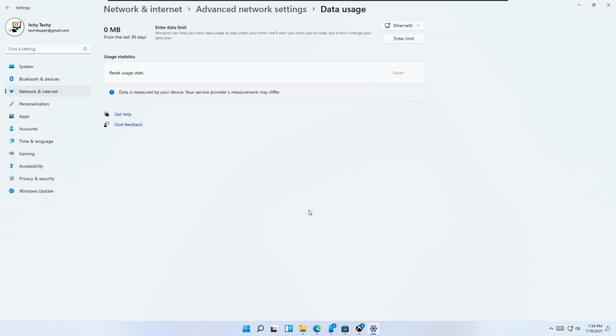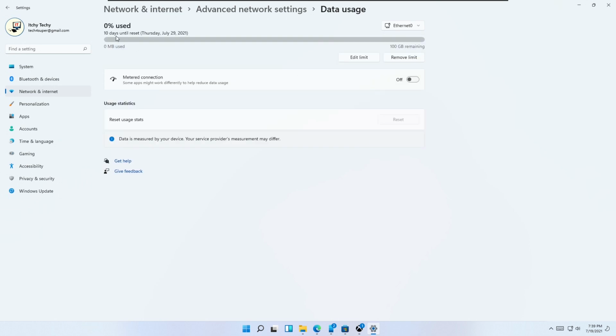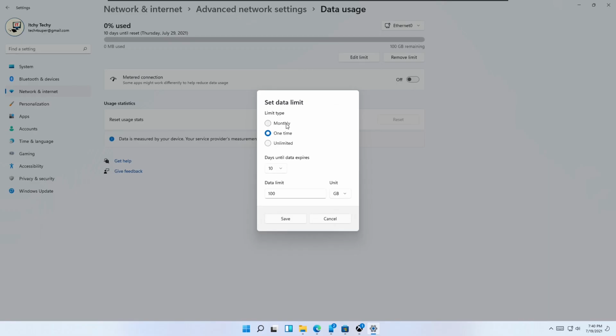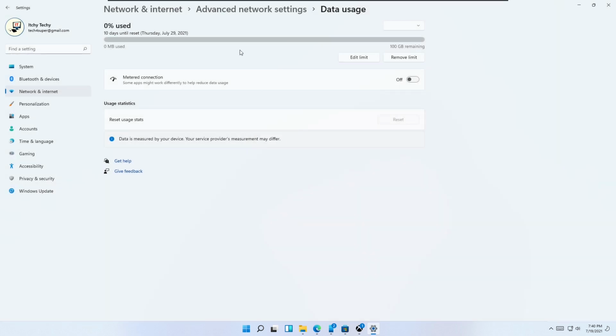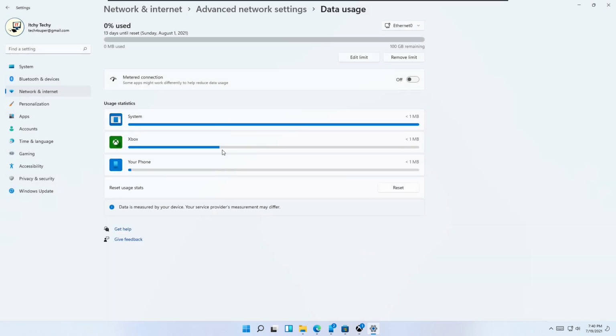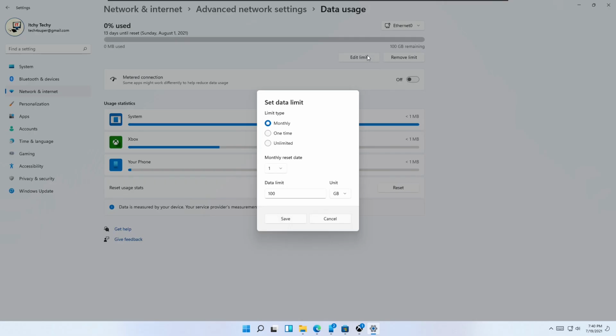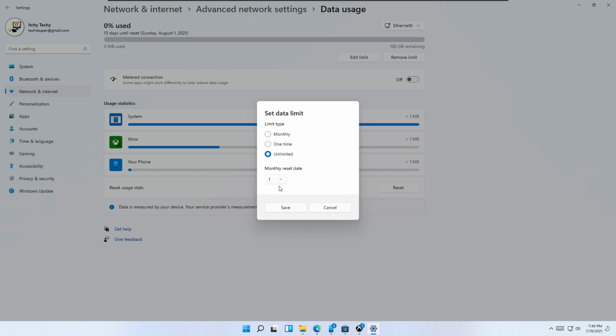After saving the data restrictions, you can see the used amount of data, the data left for usage, and the number of days to expiry on the data usage window. And the unlimited option allows you to use unlimited data for a given number of days from today, up to 28 days.